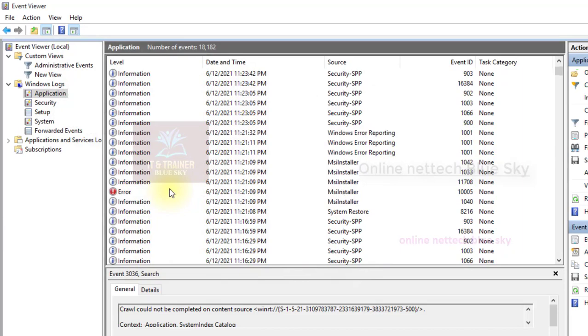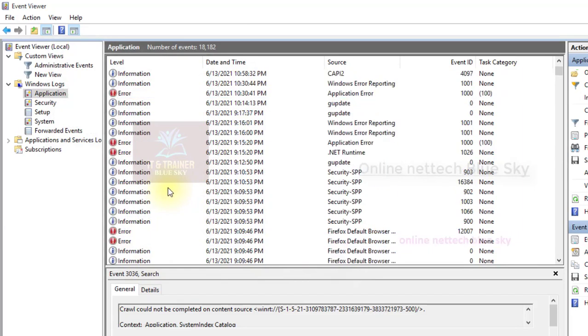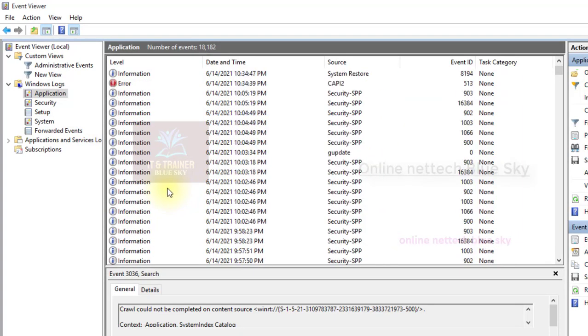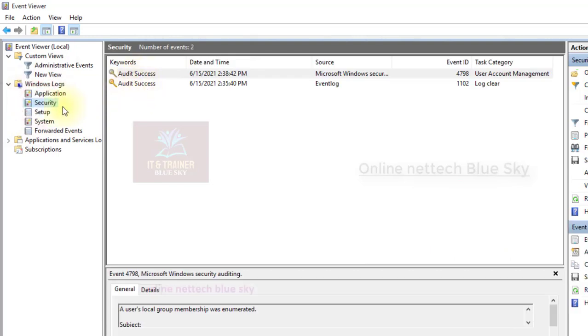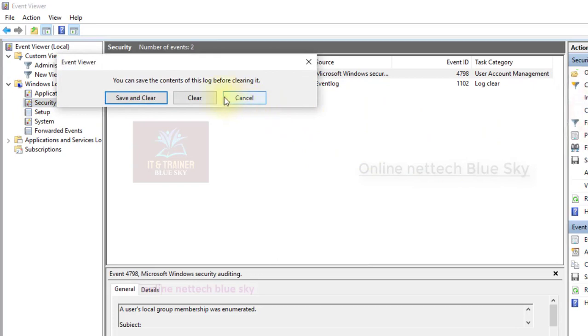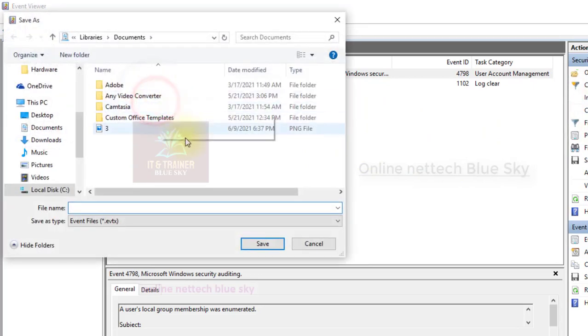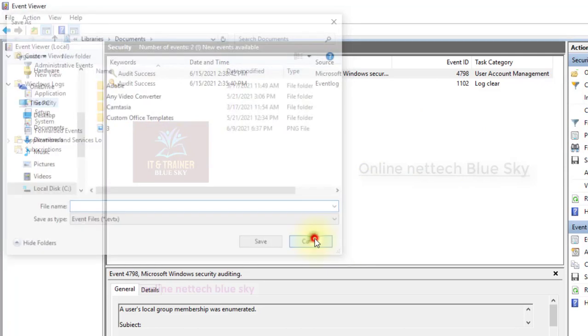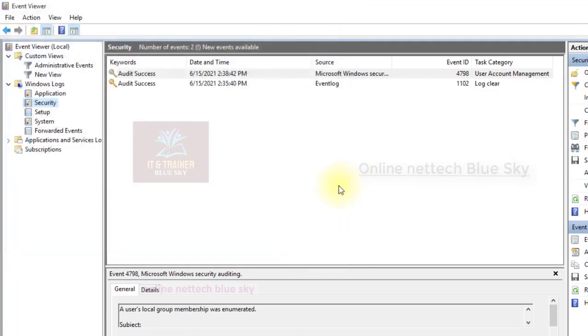So you can see this is one type of your computer, and everything shows information about my computer. Application related, this is category wise. Security related, this security log I already covered in my last previous video. Okay, so clear, but save is one type of saving your log, because in the future maybe you want some information, so you can save.